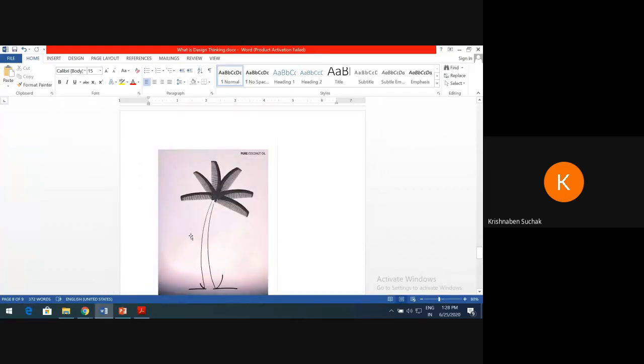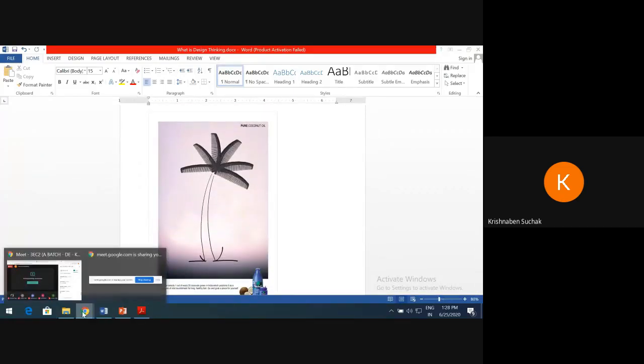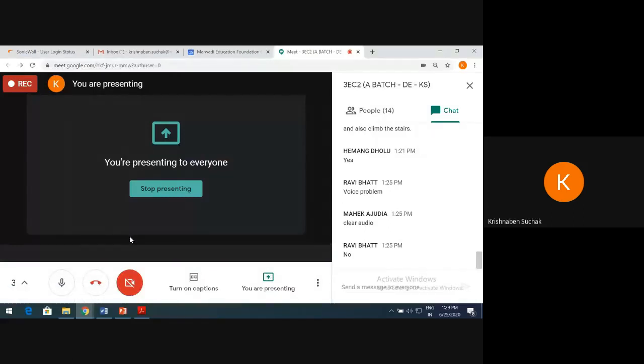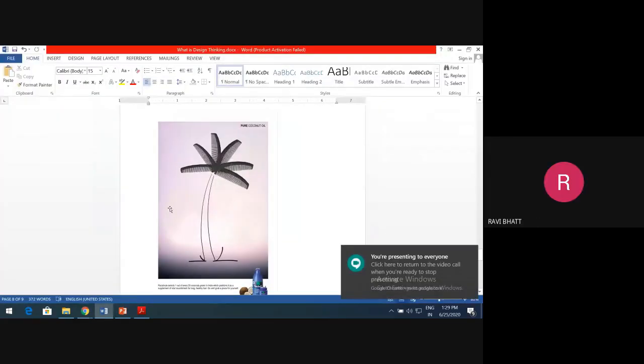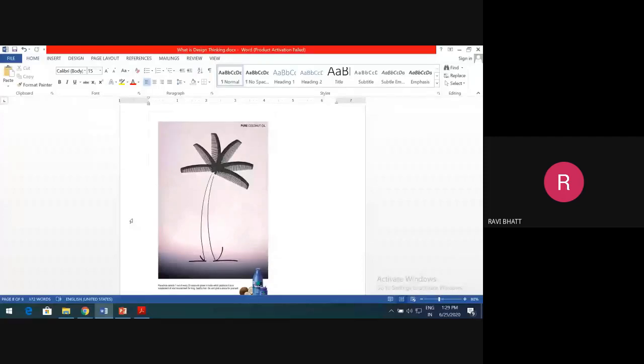Can anyone explain this other than these three people, Mehak, Dhruv, and Vishwa? What are the others doing here? Brunda, are you there? Hello, ma'am. It is a hair oil product, so that your hair becomes so nice. People want to buy it. Yeah, but there is something new in this picture. Can you identify that?